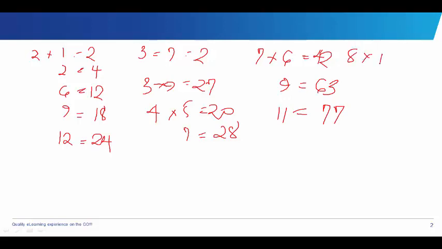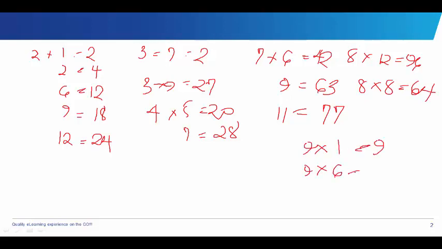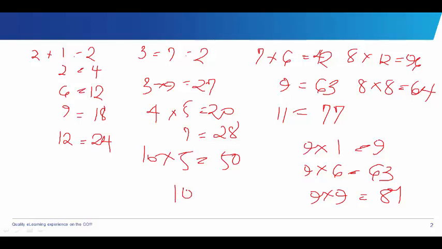8 times 12 is what? Don't remember, it's 96. 8 times 8 is 64. 9 times 1 is what? 9. 9 times 6, 63. 9 times 9, 81. Okay. 10 times 5 is 50. 10 times 10 is 100. 11 times 9 is 99. 11 times 12,